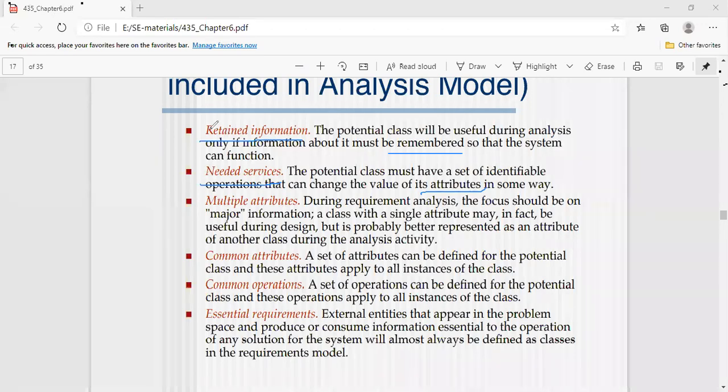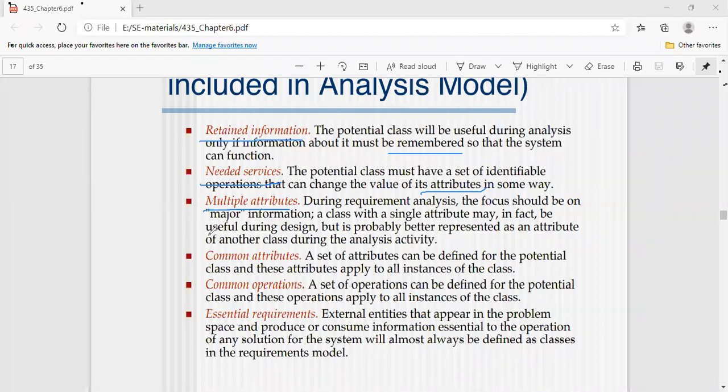In such a case we should provide the needed services to the customer, whichever he is expecting from our project.